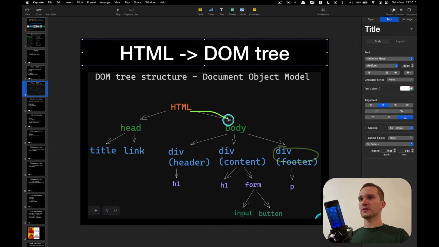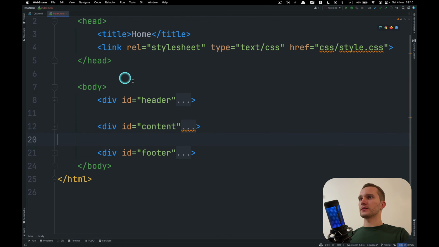So I think you understand the idea, right? We have a tree. We are building a tree, and this is what DOM stands for, document object model. DOM is like a tree that is built from your HTML. And then we have div1, which is header. What do we have inside here?